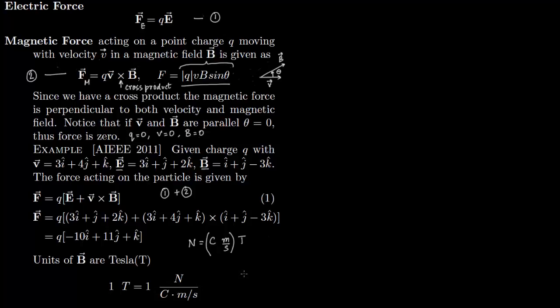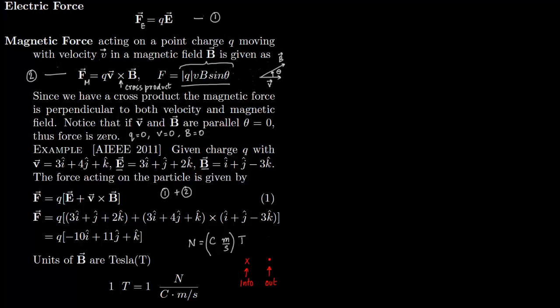Now we want to talk about the direction of the magnetic field. The magnetic field could have any direction, but for this course and for this purpose, we will mostly take the magnetic field entering into the screen. Entering into the screen we will denote like this. This is into the screen. So this looks like the back end of an arrow. And out of the screen we will denote like this. So this is into the screen and this is out of the screen.